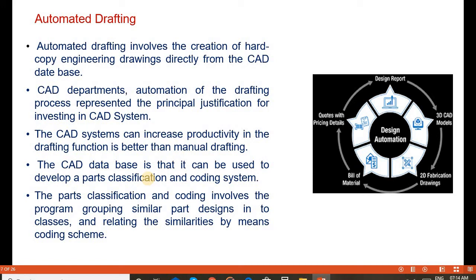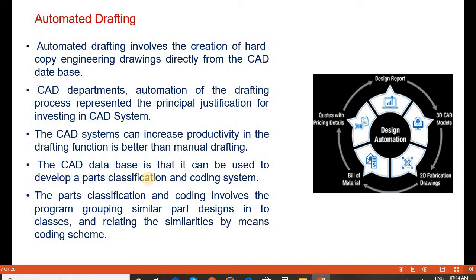As per the design, the drawings are created and stored in the CAD database. The automation of the drafting process by the computer design department represents the principal justification for investing in CAD systems.